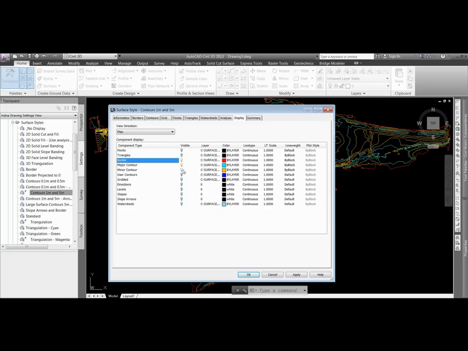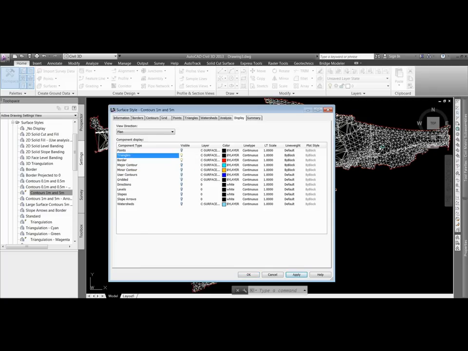Okay, so if I was to turn the major and minor contours off and turn triangles on, click apply, notice how our contour style is actually now a triangulation style. So it's the components that we have switched on in that surface which dictates what sort of style it's going to give us. So if I turn my major and minor back on,